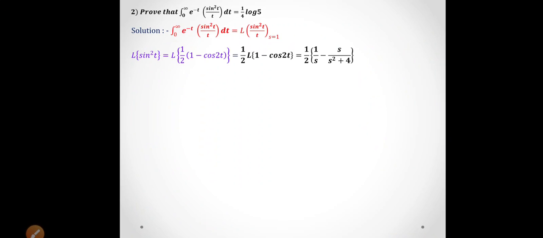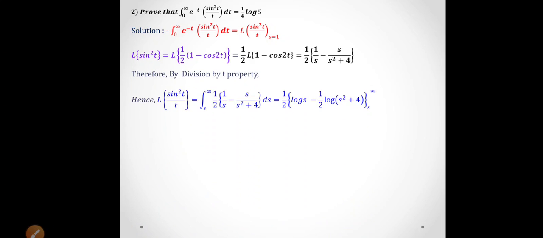Sin square t is 1 by 2 into bracket 1 minus cos 2t. So 1 by 2 out of the Laplace operator. So we get the result as 1 by 2. Laplace of 1 is 1 upon s, and Laplace transform of cos 2t is s upon s square plus 4. Now we have to apply division by t property. That is, we have to integrate this f bar of s within the limits s to infinity with respect to s. So it gives us